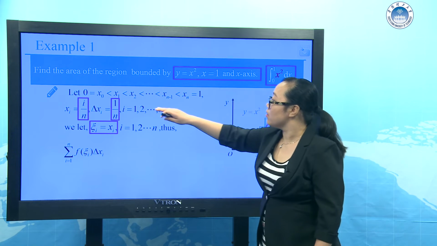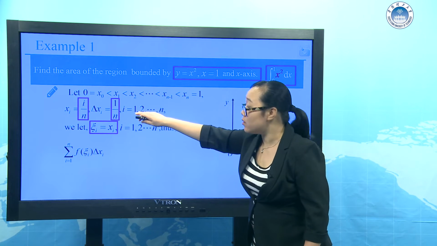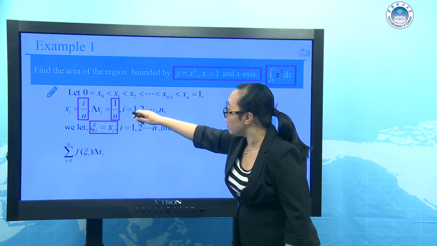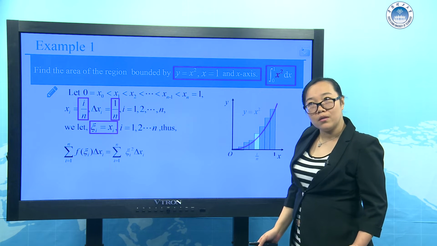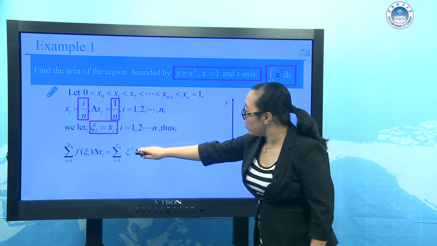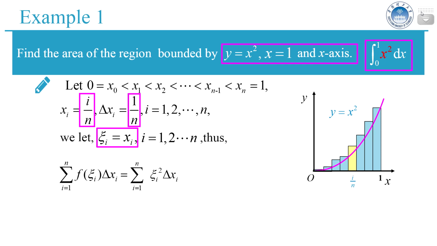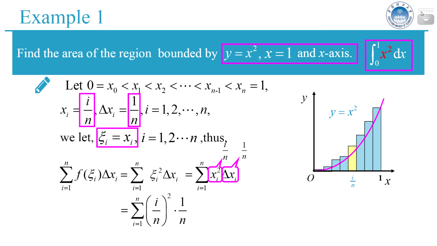Yes, the interval length, which is 1 over n. So f of xi star is the variable squared, so xi star squared times delta xi, taking in the given values: xi is i over n and delta xi is 1 over n. Taking the numbers we can get: